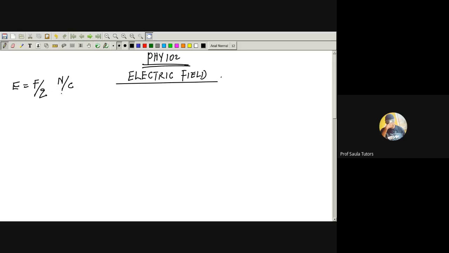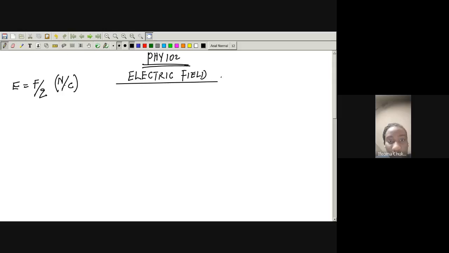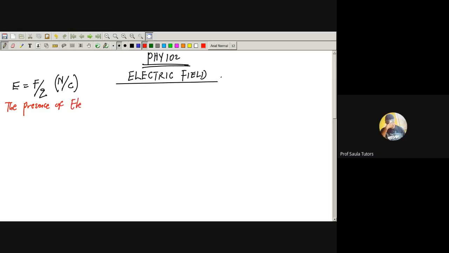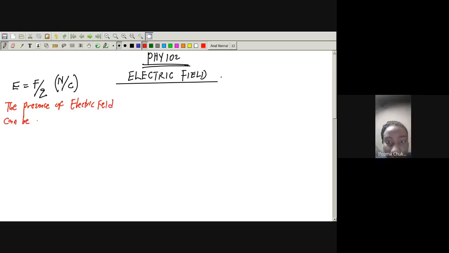Now, pay attention to something. When we are talking about electric field, how do we detect it? How do we detect electric field? Pay attention. The presence of electric field can be detected by placing a test charge. The presence of electric field, what did I say? The presence of electric field can be what? Detected using